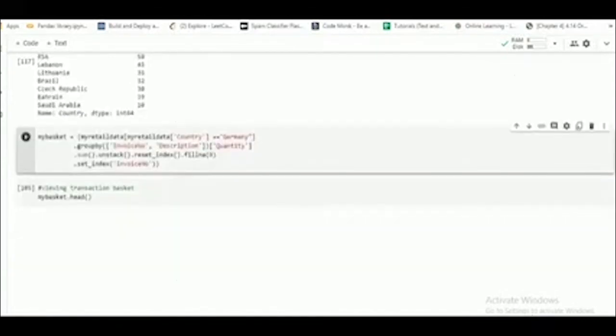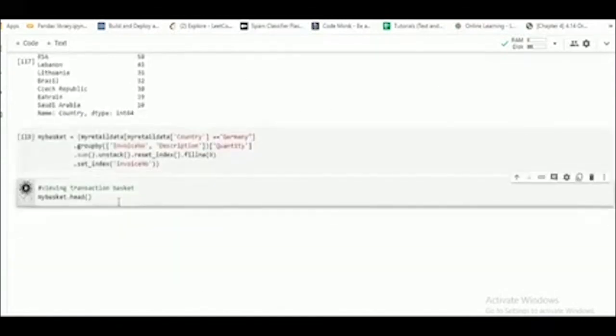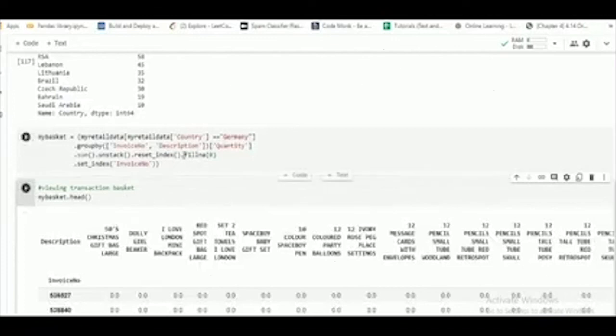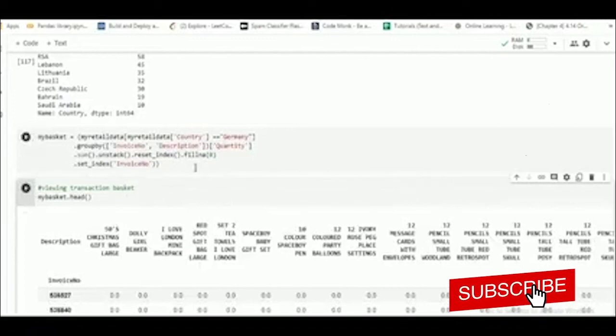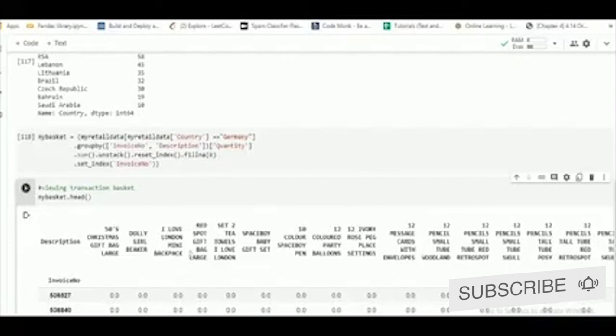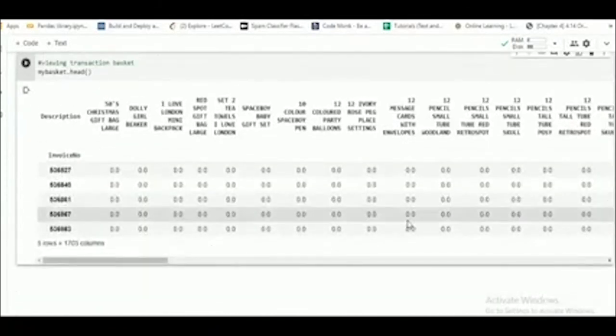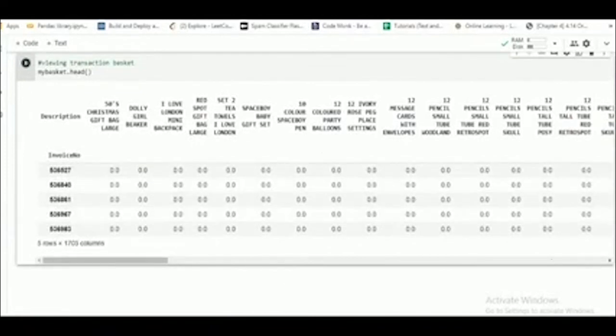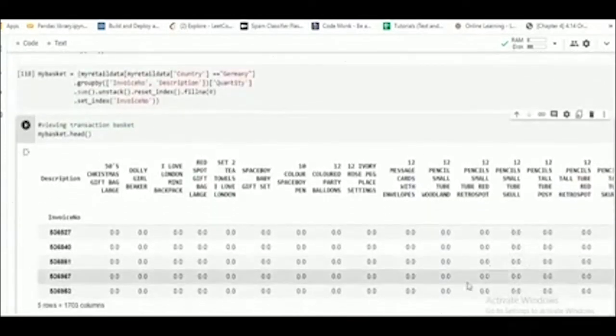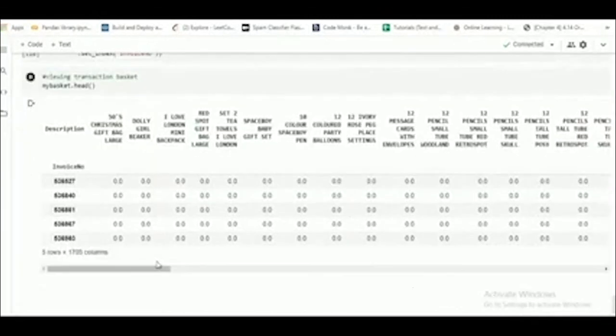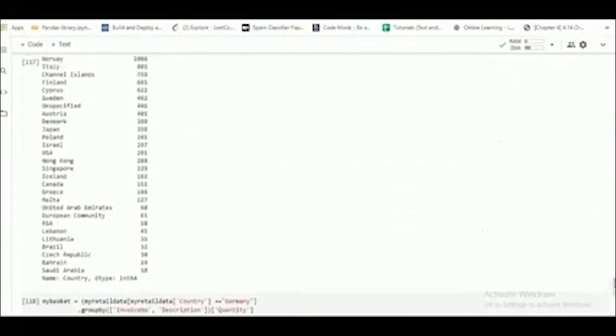If I run this, it will consider only Germany as we have specified here. In Germany, invoice number and description are grouped, and quantity is summed. We got the values as we have used sum of quantity. We got zeros here. If you export it to an Excel file, then we can see values greater than 0 also.